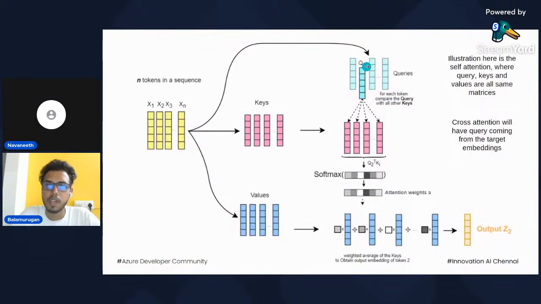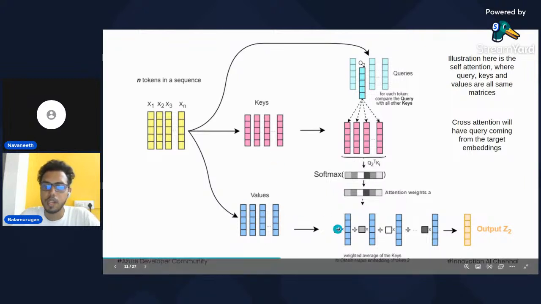So queries will be coming from the decoder, and the keys and values will be coming from the encoder. We'll be computing the dot product between the queries and keys. We'll be obtaining a representation that will be passed on to the softmax. That softmax function will give some outputs. Those outputs will be used to scale the values, which are the same as the keys. We'll be multiplying, concatenating, and then adding, and we'll be obtaining a final representation